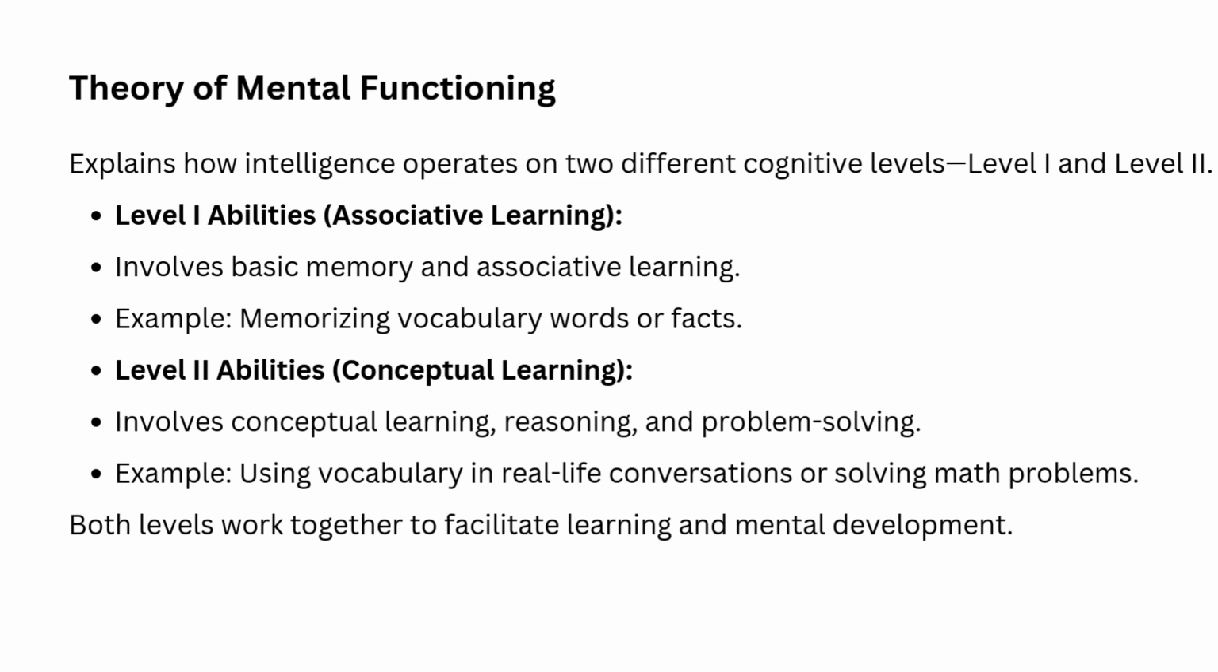Level 2 abilities, on the other hand, refer to more complex mental processes. These involve reasoning, problem solving, and critical thinking. Jensen saw level 2 as essential for more abstract and conceptual learning, which means using information to make decisions, solve problems, and understand deeper meanings. While level 1 is about memorizing facts, level 2 is about making sense of those facts and applying them in